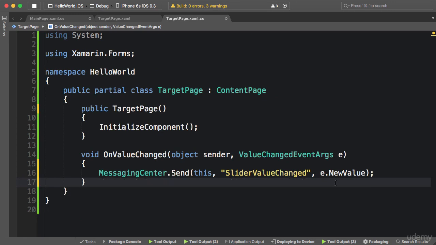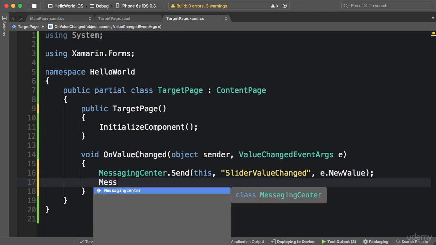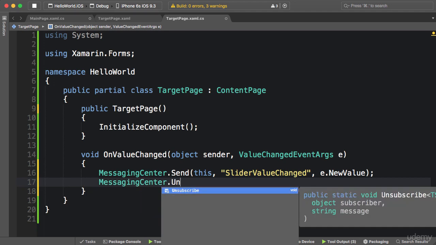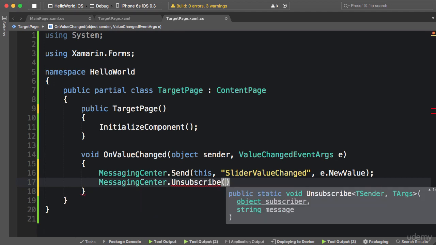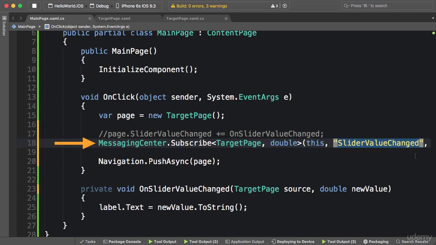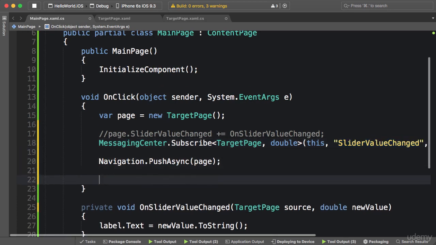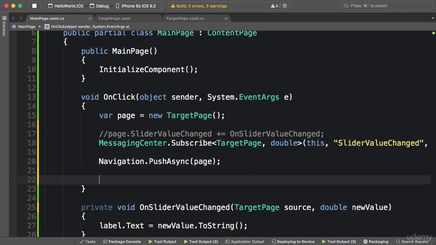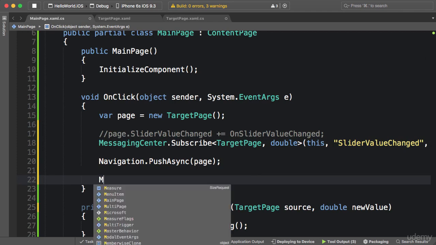So this is Messaging Center. And by the way, we have this other method here, Messaging Center.onSubscribe. So at some point, if you're not interested in receiving further messages of a given type, you can use onSubscribe. You would use this method in a subscriber. So let's go back to our main page. This is where we're subscribing to this message. Now, at some point later in the future, we might want to unsubscribe. So we can call Messaging